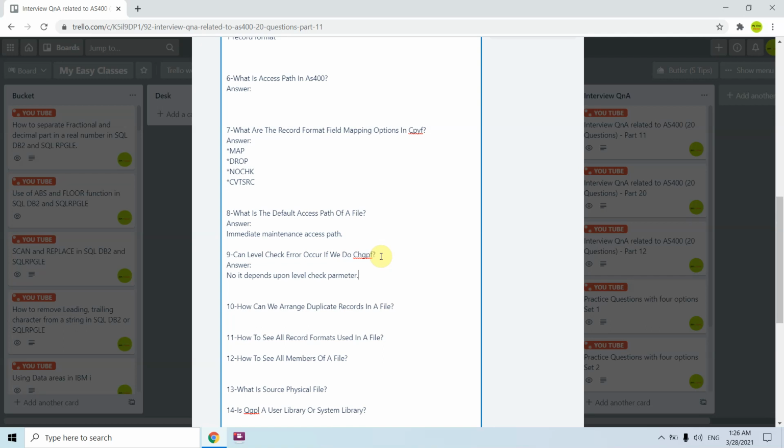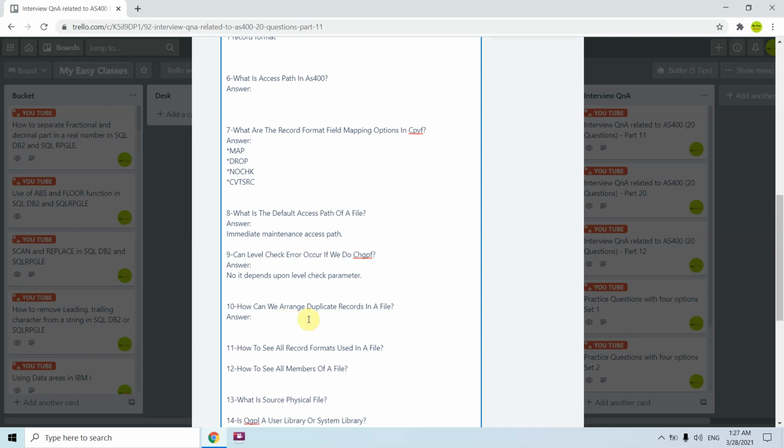If we specify the level check parameter as star yes, then only the error occurs. If we do not specify that, then no error occurs, because that level check parameter first gets checked, then only the level identifiers would get verified during the open of that file in the program which is currently running. So let's move on to the next question.